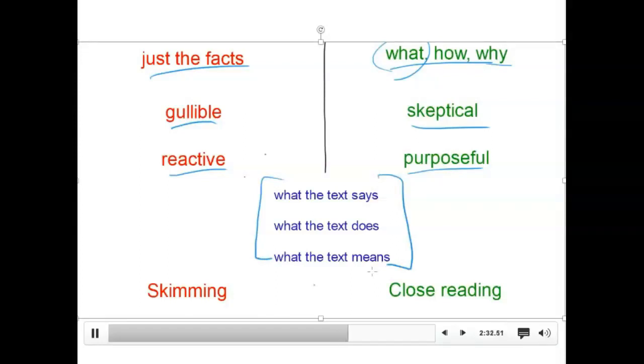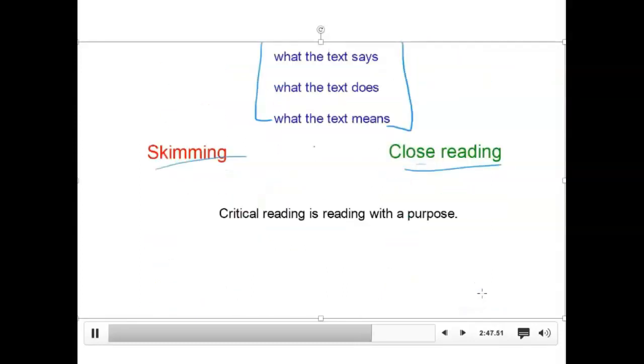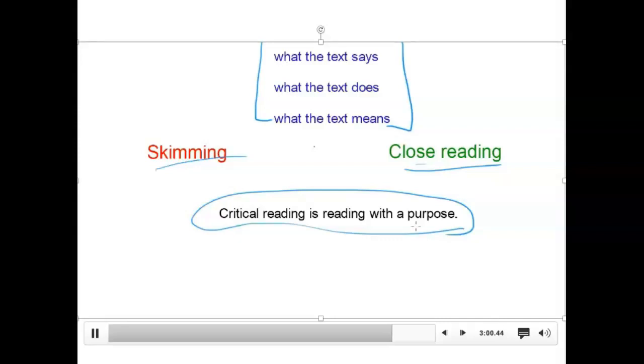And I'm going to be referencing this a lot throughout the series. And finally, you can also break this down into a non-critical reader skims and a critical reader does close reading. And I'm actually going to have a video in a couple videos from now about this issue of skimming versus close reading. Now, to sum up, I think, what critical reading is ultimately. Critical reading is reading with a purpose. You are reading for a reason. And it's not a reason beyond, I want to have fun or for pleasure. It's reading to answer questions, to figure something out, to really engage with the text in a really meaningful way.